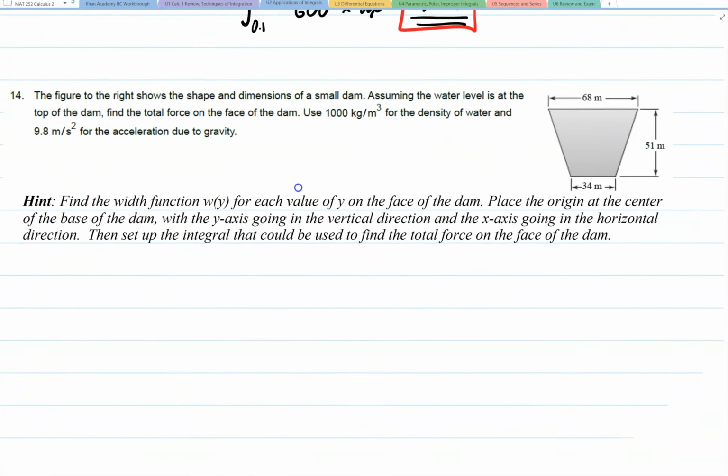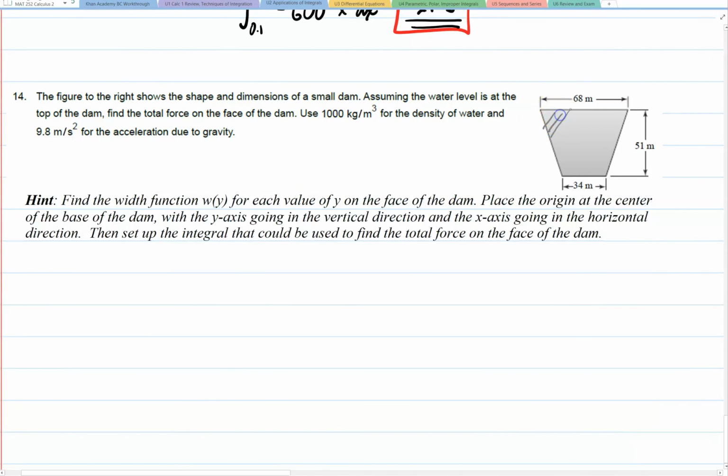Now in the final example here, we need to find the hydrostatic force behind the water that's pushing up against this wall of a dam. The force that we use to compute that is given to us in a formula such as this, where we integrate from A to B, where A is the lowest point on the dam wall and B is the highest point. We're going to take the density of the liquid, which we call rho, times our gravitational constant, times the height of the water, which is going to be some upper boundary